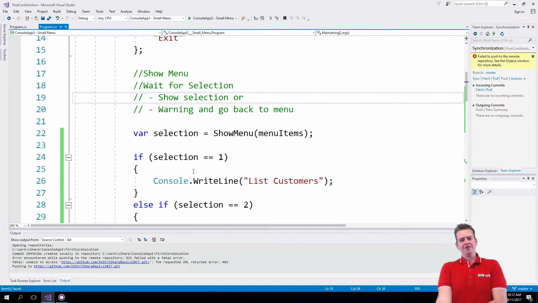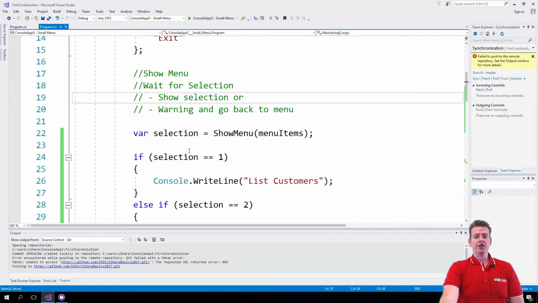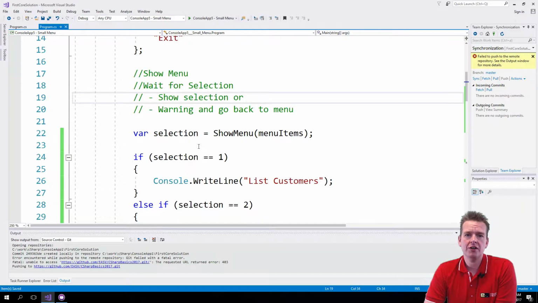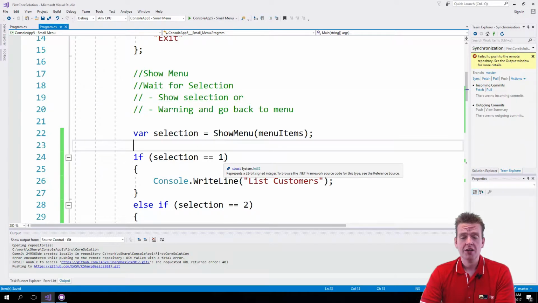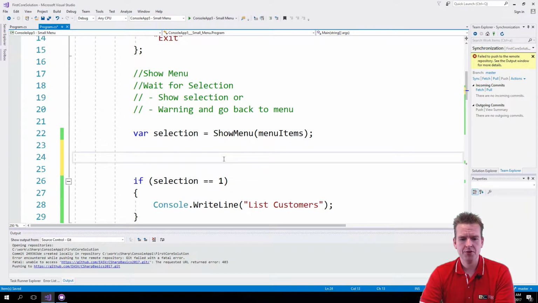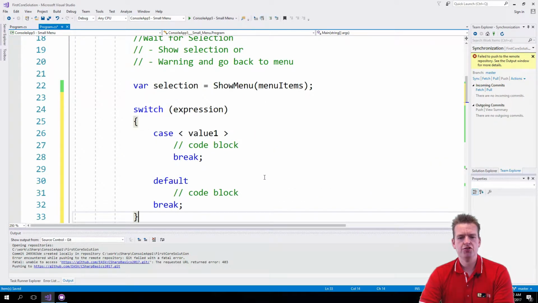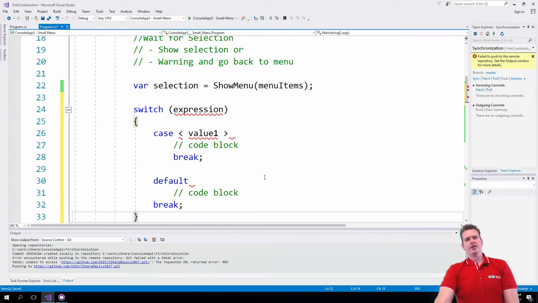So using if-else statements will work for this menu selection, but a switch statement will be even better to use because it's easier to read and it's less lines of code. So let's try and put in a switch statement here. Let me just try first of all to explain to you what a switch statement is actually going to do